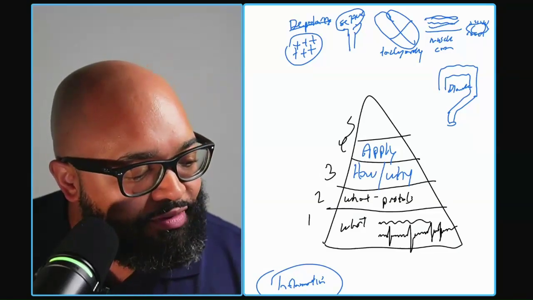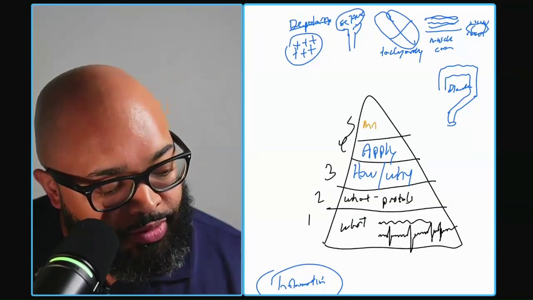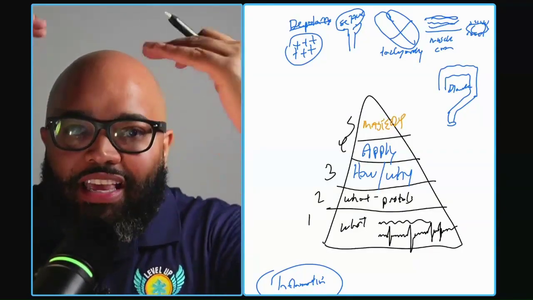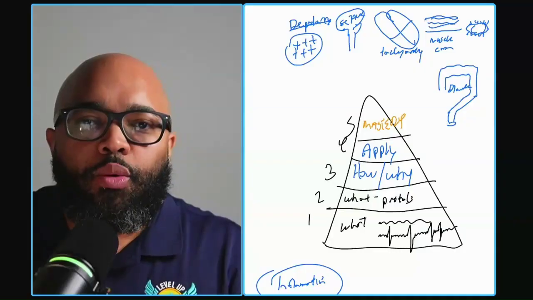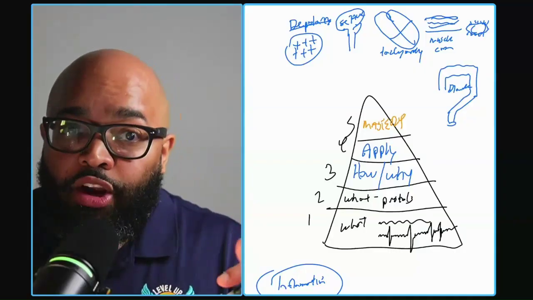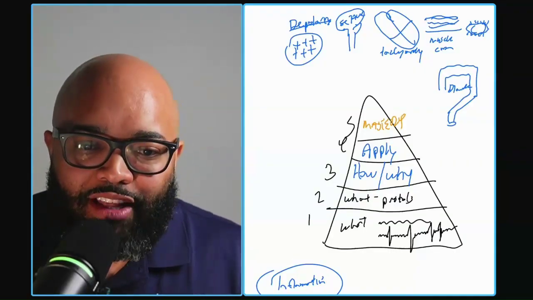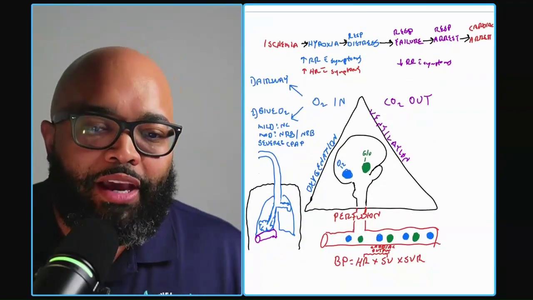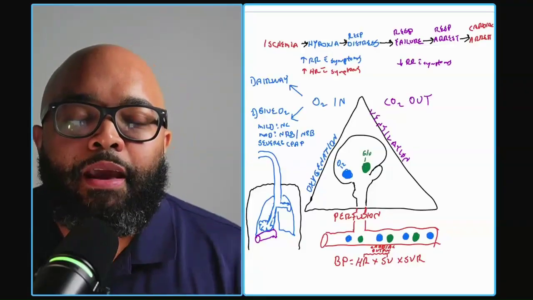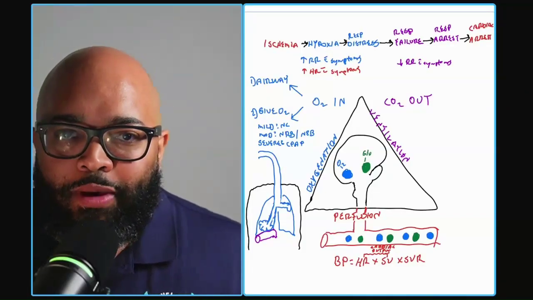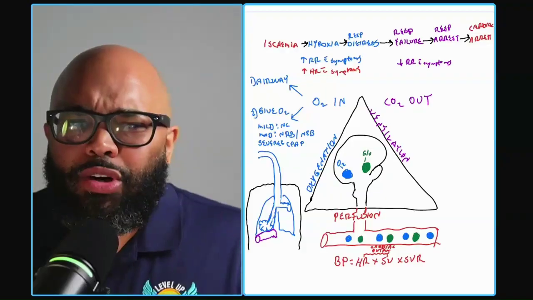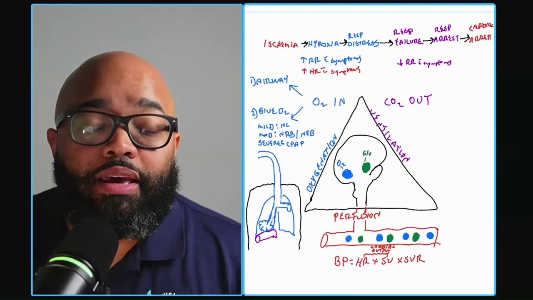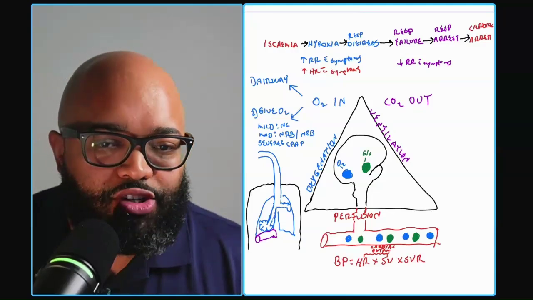And then finally, level 5 knowledge is where we get to mastery, hopefully, or at least we should get closer to mastery. We will never really get there because there's always so much more to know, but the more we know, the better we're going to get. Okay, so there are 5 levels of learning. Now, you guys have seen me draw this one picture over and over again, but I want you to recreate this one picture for yourself. And I want you to see how if we can get everything down to this, it makes things so much simpler. So this is where I want you to participate.